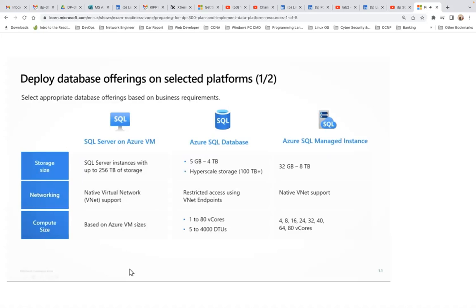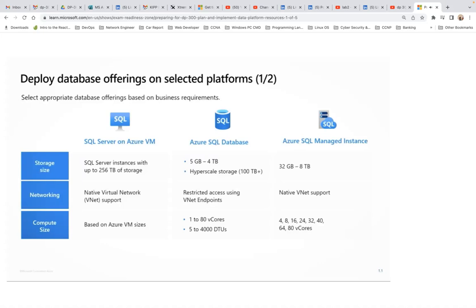Please note when to choose each one. Remember too, the level of infrastructure administration and the degree of cost effectiveness are 2 factors that also distinguish different service offerings. Take, for instance, SQL Server on an Azure VM. This offers you full management and control of your VM, including the operating system, SQL, and the database, to name a few. By contrast, Azure SQL Database offers built-in automation for configuration, patching, upgrading, tuning, backup, and more. And lastly, the Azure SQL Managed Instance offers you more control, like SQL Server on an Azure VM, and built-in automation like Azure SQL Database. For the exam, know the features, the differences, and when to choose each database option, given the business requirements presented